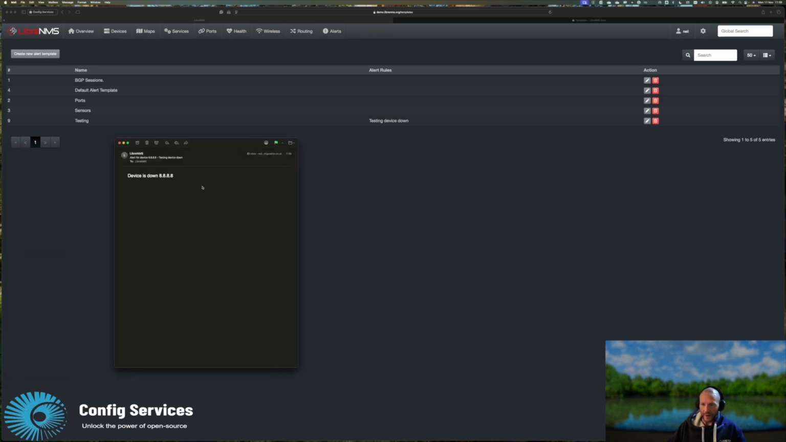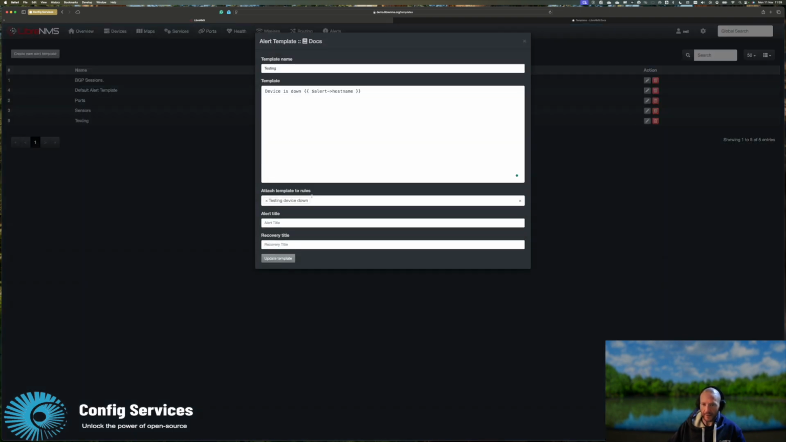So we've just got devices down. Now, what we're going to do is update that template to actually show you how you can change the output based on the transport type, as you saw in the docs a second ago. So if I go back and edit this testing